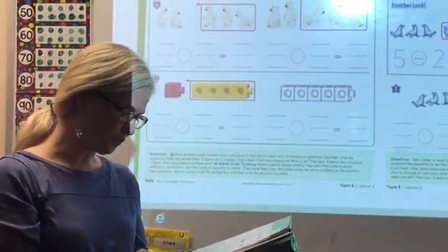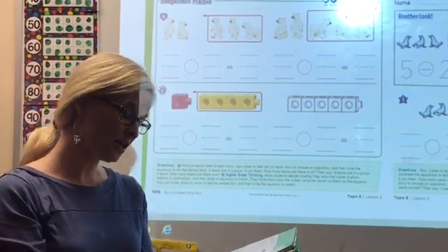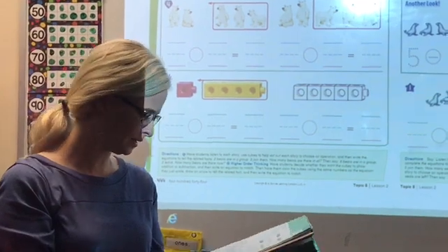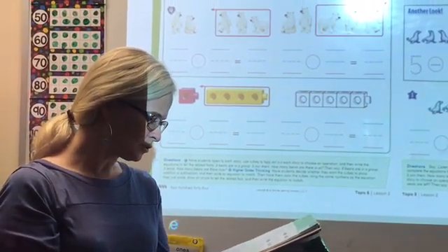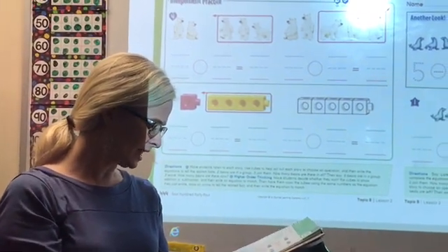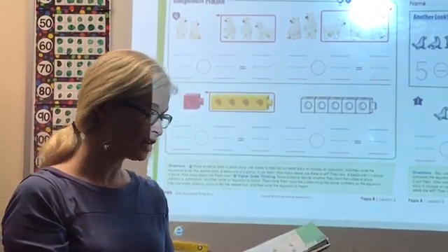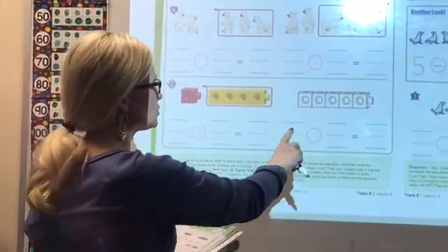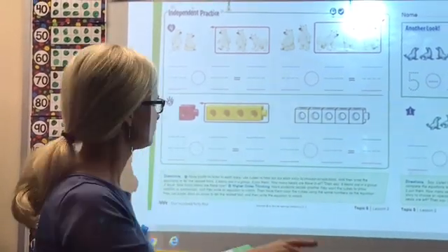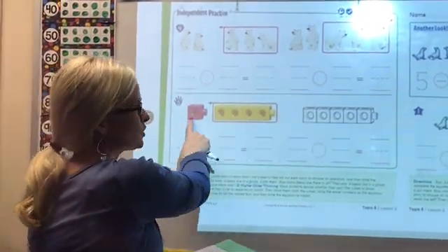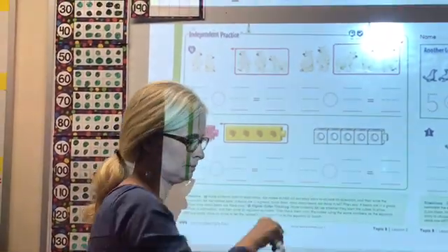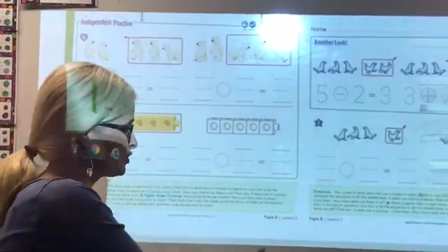Moving down to number 5. Have students decide whether they want the cubes to show addition or subtraction, and then write an equation to match. So you get to decide. Then have them color the cubes using the same numbers as the equation they just wrote. Draw an arrow to tell the related fact, and then write the equation to match. If you don't have crayons, you can just shade in over here. One would be white and one would be the shade of your pencil. So you need to decide if this is addition or subtraction, and whichever one it is, do the opposite on this problem. And we'll move right on over to the next page,